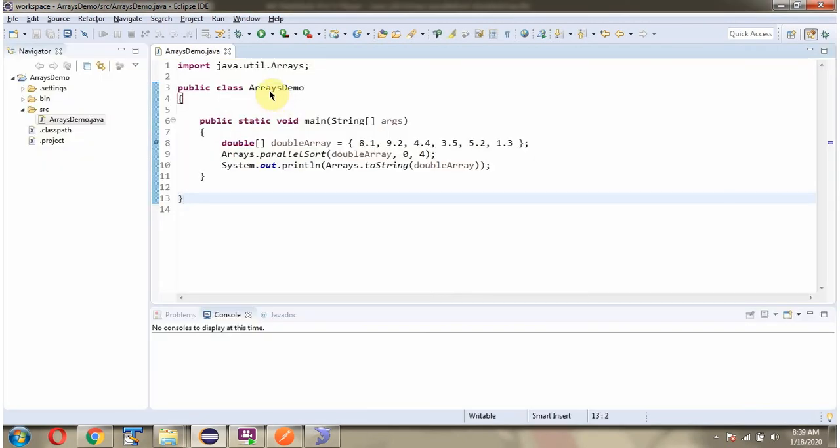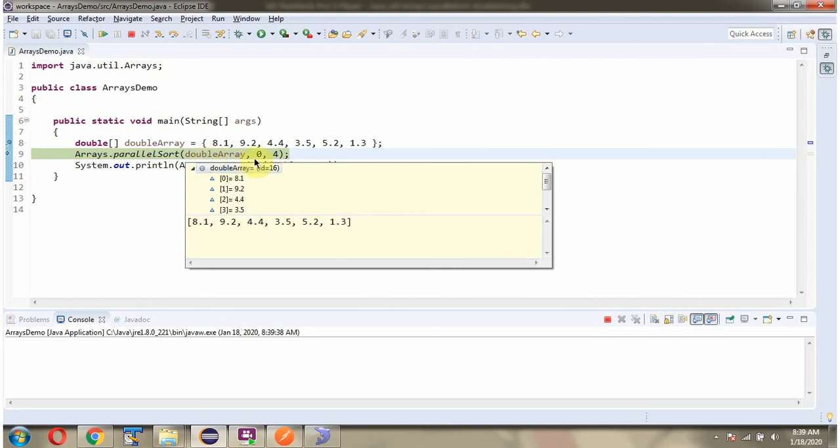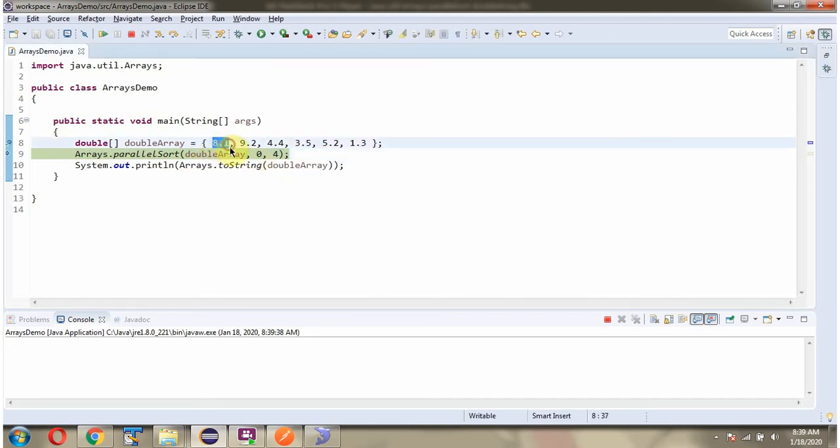Here I have defined the class ArraysDemo. Here I have defined the double array. Then I am calling the parallelSort method of the Arrays class and passing the double array, the from index 0, which is this position, and the to index 4, which is this position,